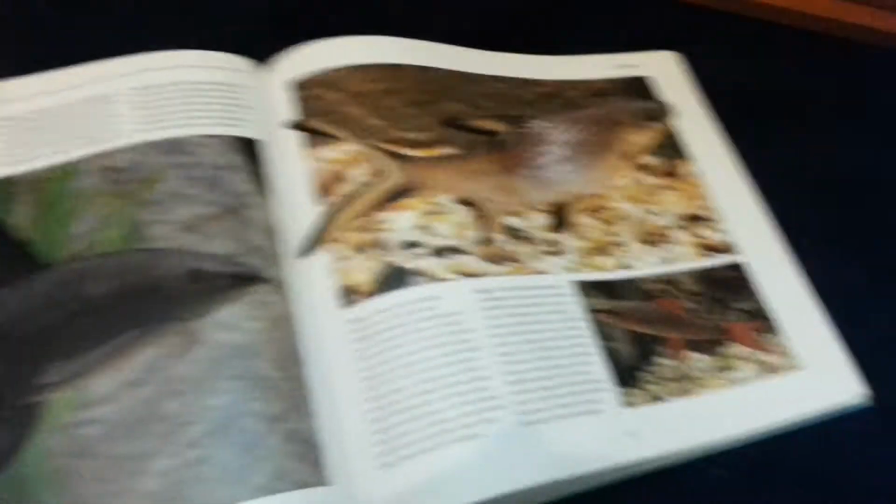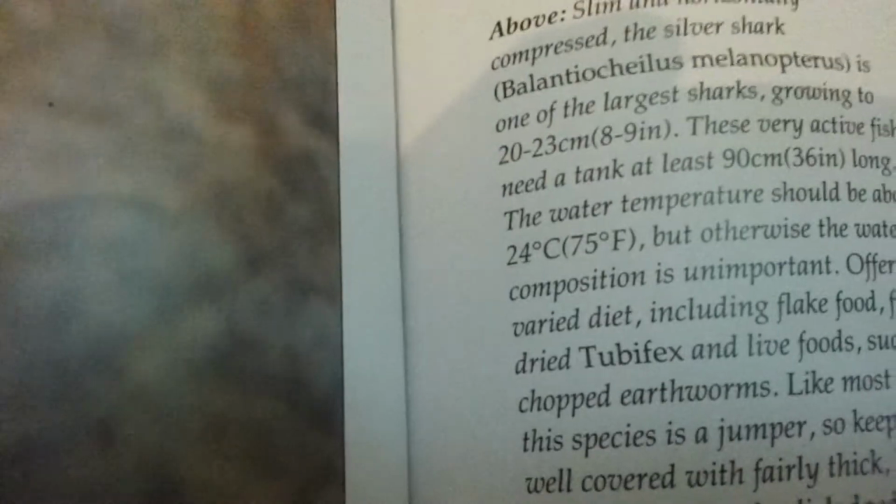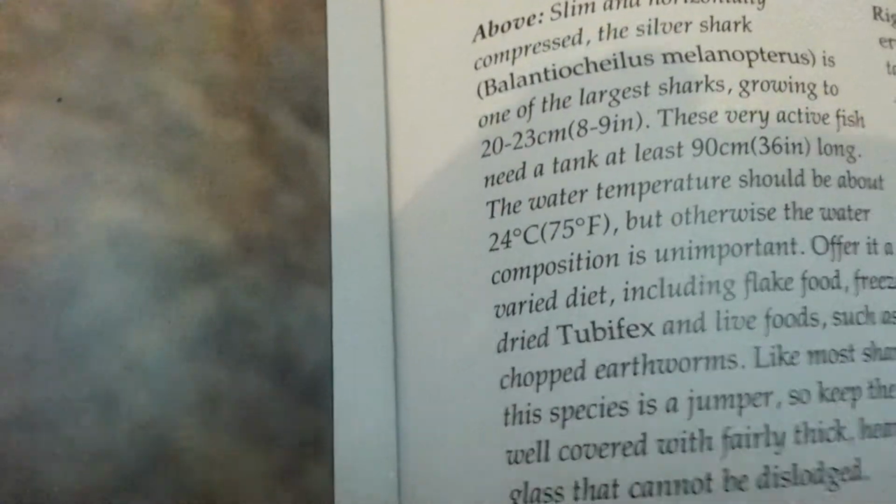Yeah, and I was actually looking at the rainbow shark as well, and look, he grows to 15 centimeters. Mine's about 1. And the banner shark as well, that grows 20 to 23 centimeters, mate. That's actually quite large. I don't think they got that big. And look, if you want to take a look in this book quick, look, it's got the what the fuck